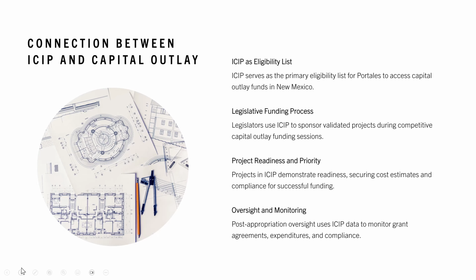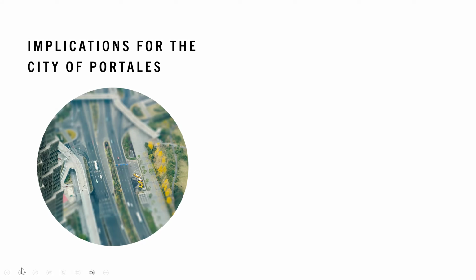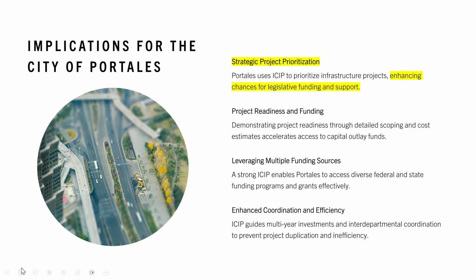Next slide, please. A couple of implications here, and we start to get into the what are we going to do, and Todd, this includes you. What are we going to do as a working group? What are we going to do as a community to start to strategically approach our infrastructure capital improvement plan? So that first one, I highlighted it.